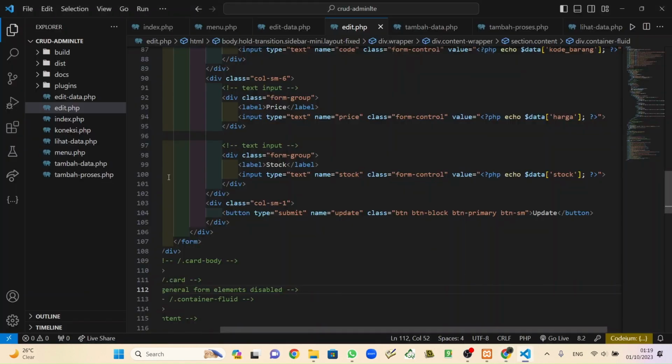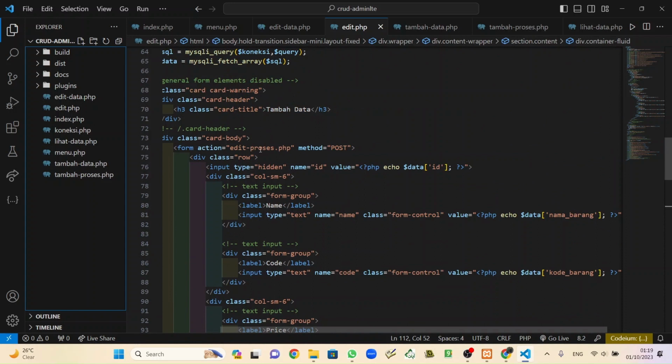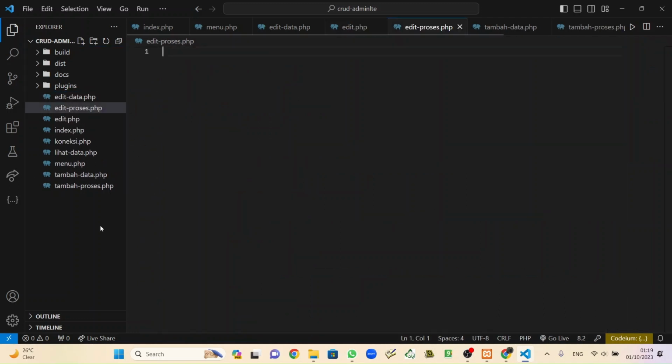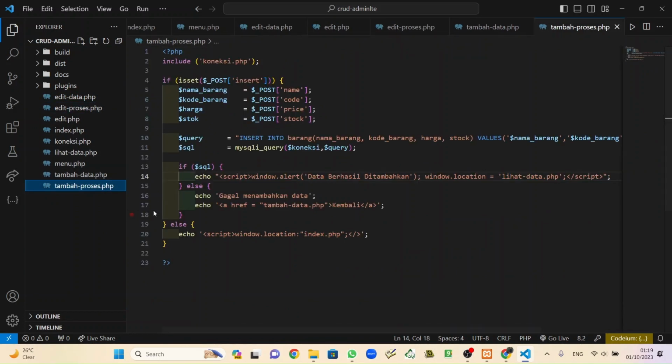And then we will make a new file for this one. Edit process here. Edit process.php. Like the others, inside is just queries, nothing HTML inside there.